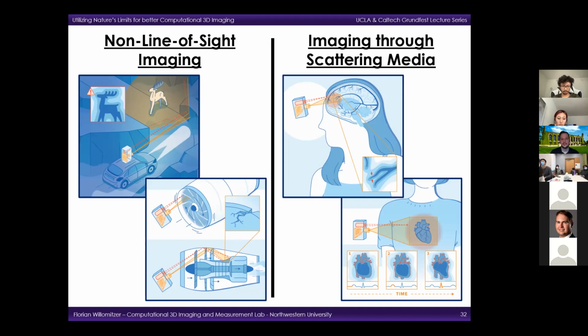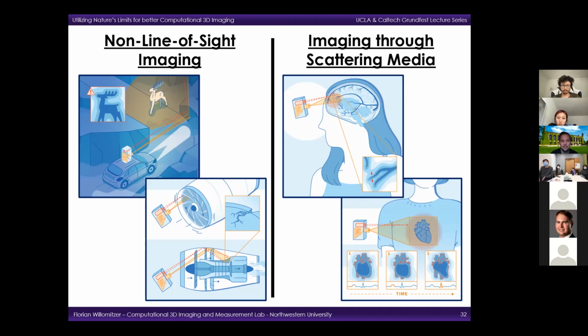And for imaging through scattering media, on the right side, the promise here is that you could, for example, monitor the beating heart through the breast, or look at brain vessels through the skull, all without using X-rays or MRI or something like that, basically just with visible or nearly visible light. And if you start to think a little bit deeper about both of these scenarios, you realize that both sides share exactly the same problem. The problem is that light is scattered in all directions and completely loses its spatial structure during the scattering process.